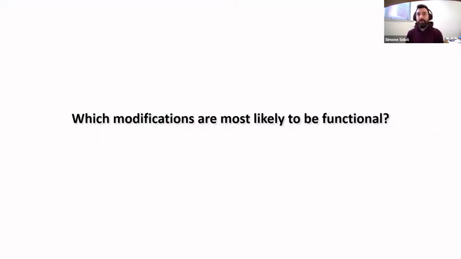The final question is probably the most important question. Once you have a regulated data set, the question is which of these modifications, among these 1,000, 2,000, 3,000 that are regulated, are more likely to be functional? If I have to put my money on a validation experiment, which site do I want to test, to see whether, if I generate a mutant, it has a phenotype in my organism? And,